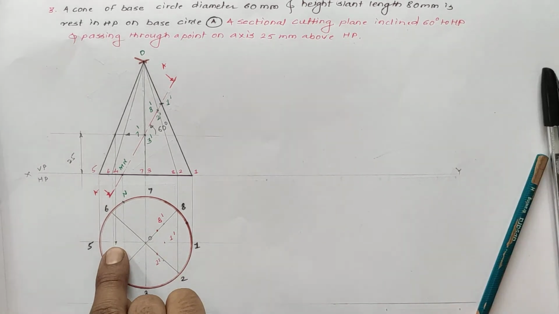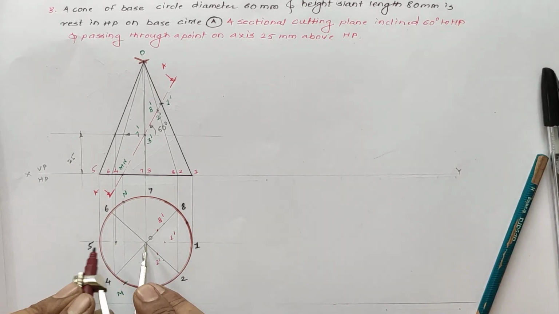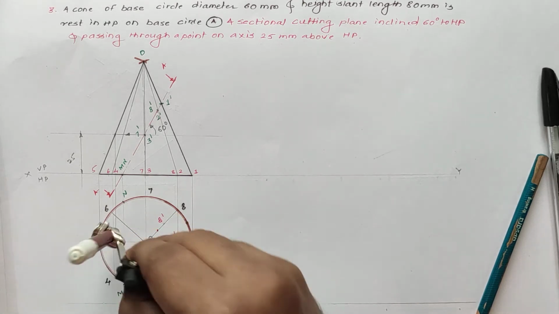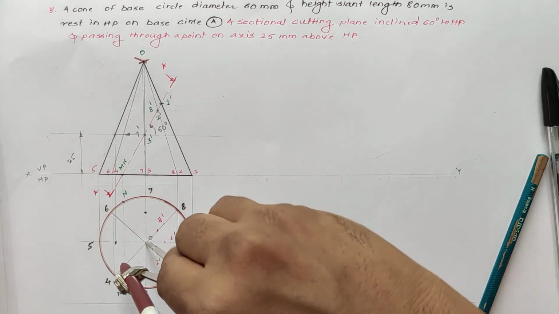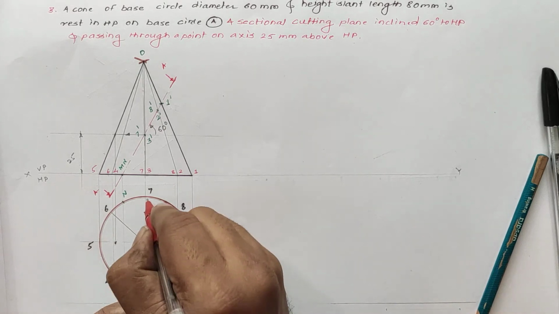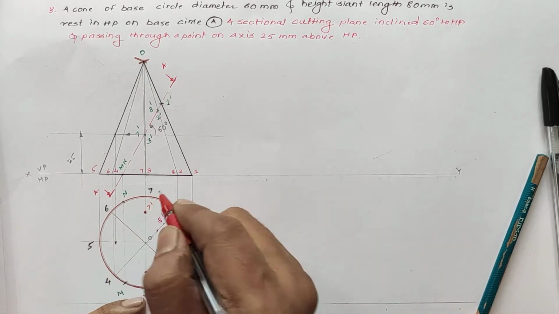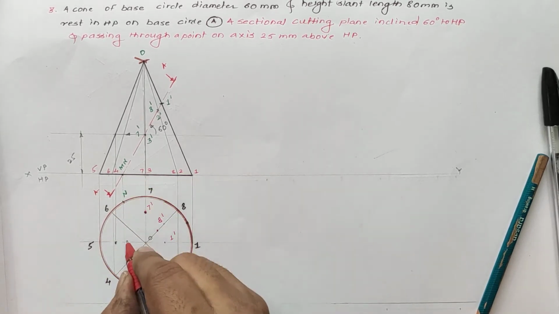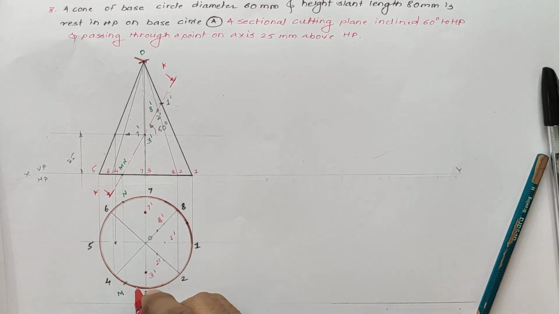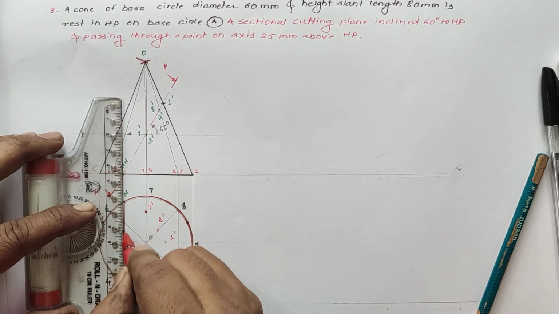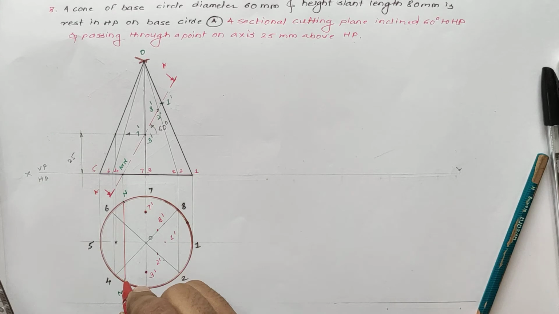Then from the O5 generator cutting points 7 and 3, take the distance and mark on both sides, that is equal distance. We get the remaining 2 points, that is, O7 cut at this point we can call it 7 dash, and this point we can call 3 dash, and the base points already we have marked in the top view. So connect all these points. M and N we can connect with a straight line because that is a cut at the base.